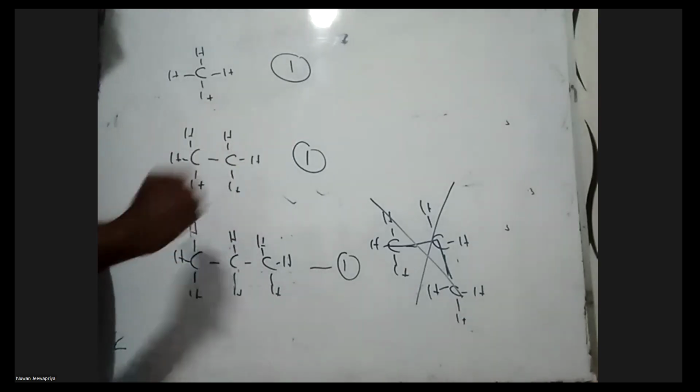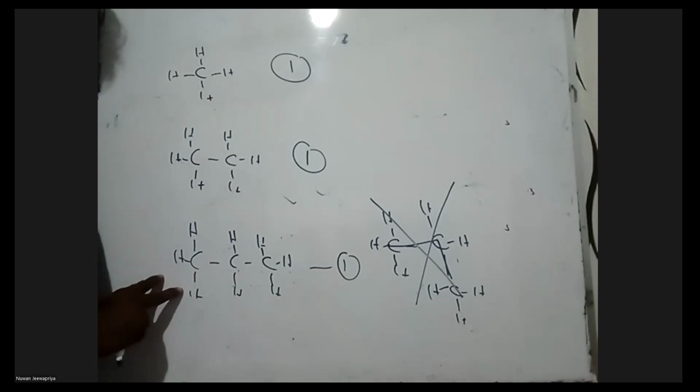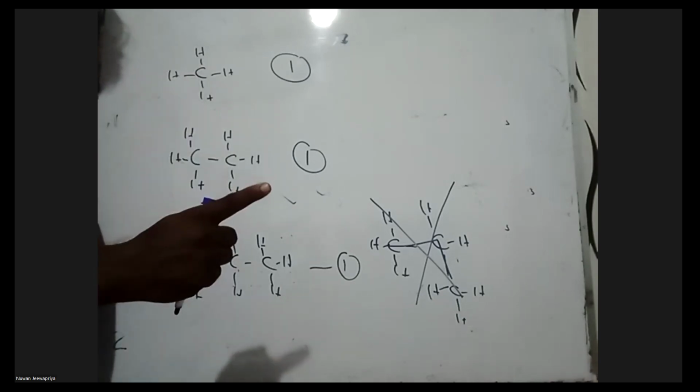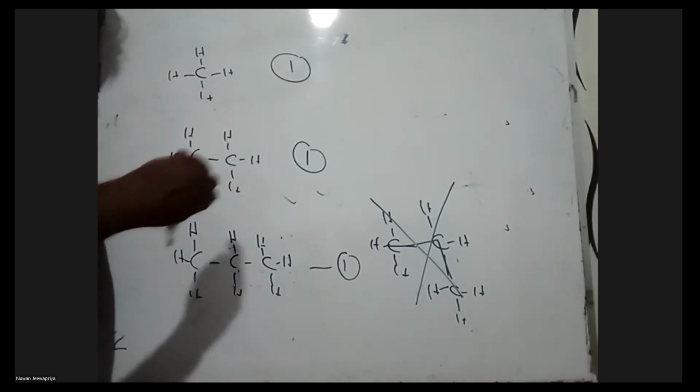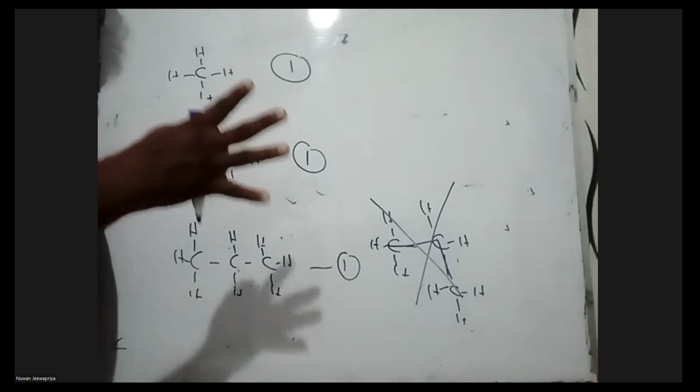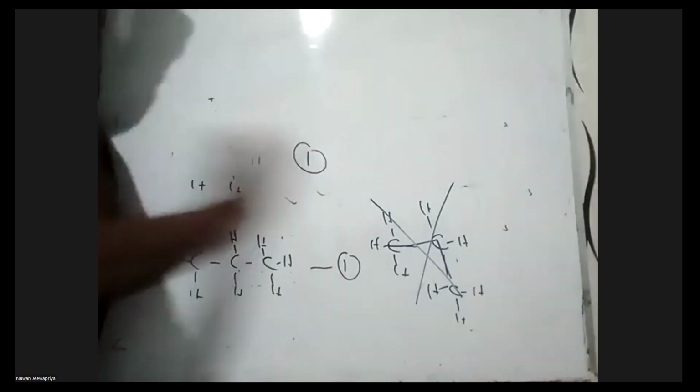So when there is 1 carbon, only one isomer. When there are 2 carbons, only one isomer. When there are 3 carbons, only one isomer. The isomers increase to more than one when there are 4 carbon atoms or more than that, right? Okay. Now,